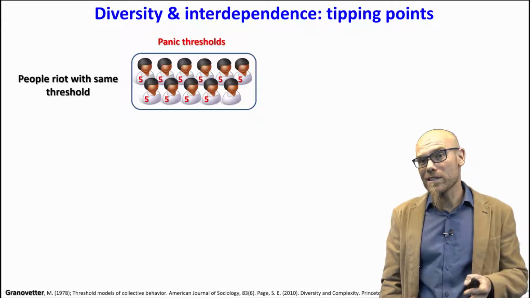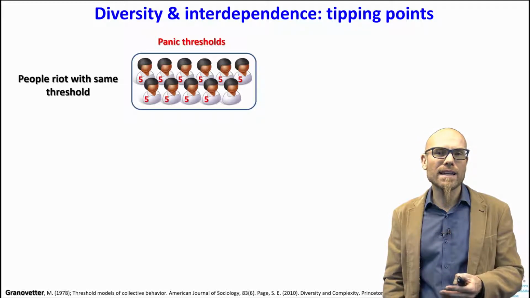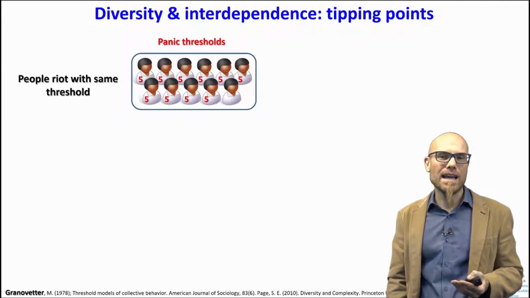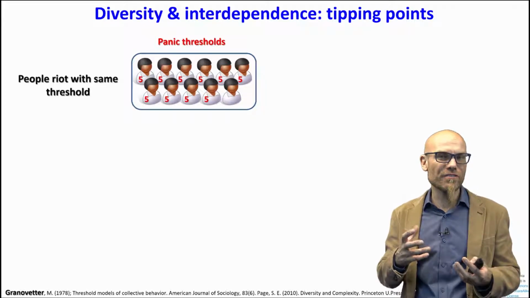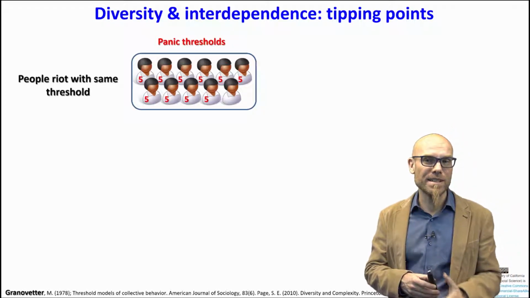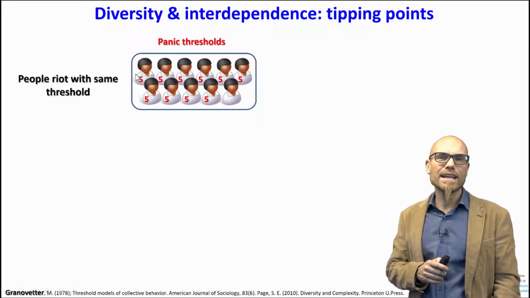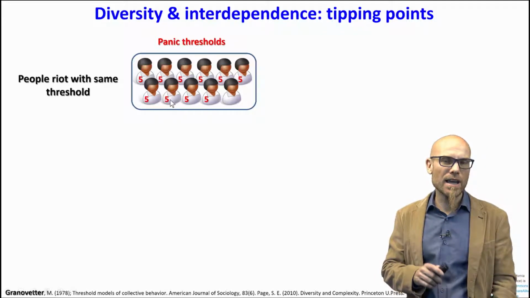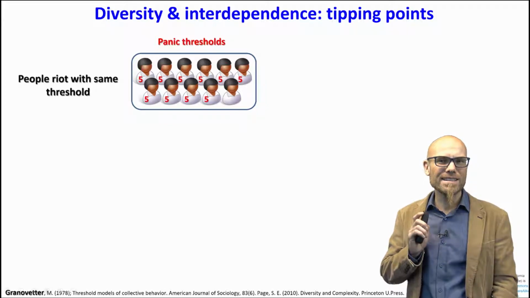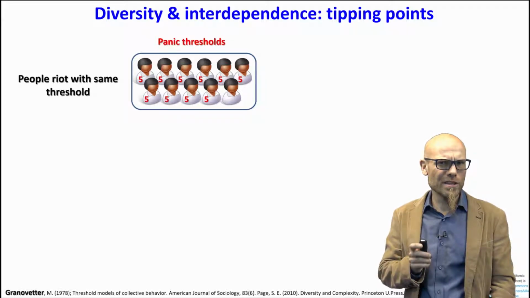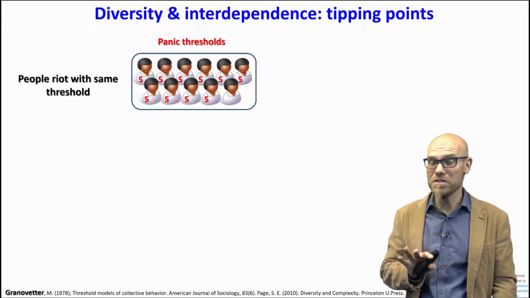Now we could model, and that was the setup of this model, he tried to understand when these tipping points happen, when something like a mass riot, which is actually an emergent phenomenon, or a mass panic in a public place, happens. So let's go with this toy model. I gave you 11 subjects here, and the average panicking threshold is 5. That means if 5 people around you in the mall panic, you will also panic. If 4, you stay put.